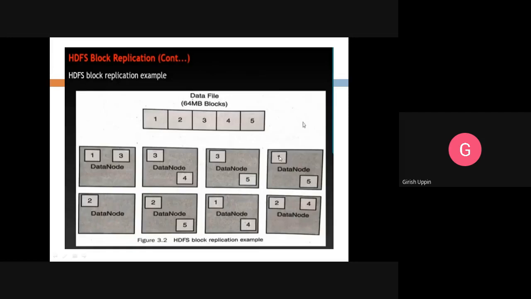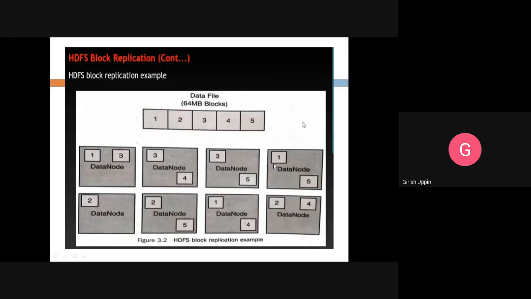So what it will do is get block 1 from other nodes. Block 1 is in data node 1 or data node 7, so it will get one more copy made onto whichever data node is available. Similarly, block 5 is available on data node 3 and data node 6, so it will get a copy of this onto some other data node.